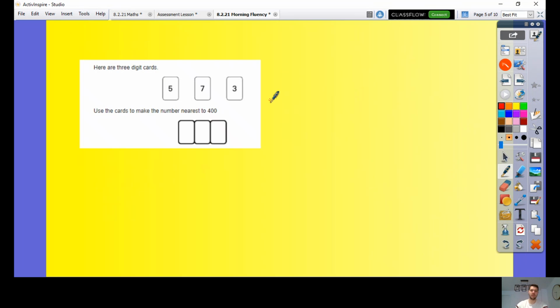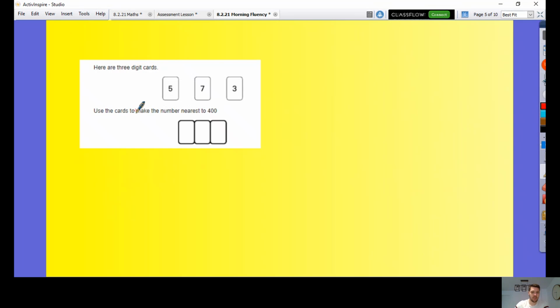And moving on to our reasoning. Here are 3-digit cards. Use the cards to make the number nearest to 400. So if I have a 7 in my hundreds, I already know that's going to be 300 away from 400. Whereas if I put a 3 there, 300 is a lot closer to 400. It's only 100 away, and 5 is also 100 away. So the 7 cannot go here. It needs to be a 5 or a 3. If I put a 5 here,